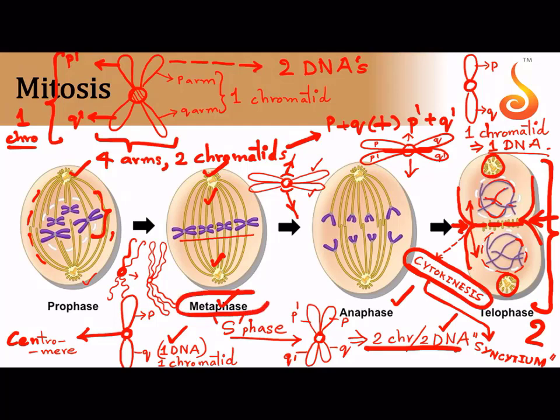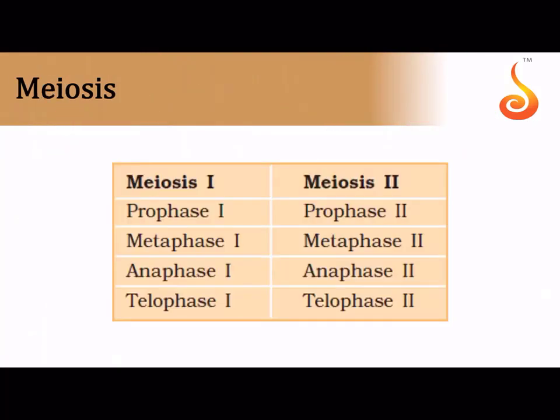The most important questions in your NEET exam will be related to metaphase and anaphase. In metaphase, like I told you, the chromosomes align in a single line at the equator, and the centromere is covered with kinetochore which attaches to the spindle fiber on either side. And in anaphase, I told you what splits: the centromere splits. P and Q get separated from P dash and Q dash. Here remember, P and Q was one chromatid, P dash and Q dash was the second chromatid. What did we call these two chromatids together? Sister chromatids. The sister chromatids get separated from each other.